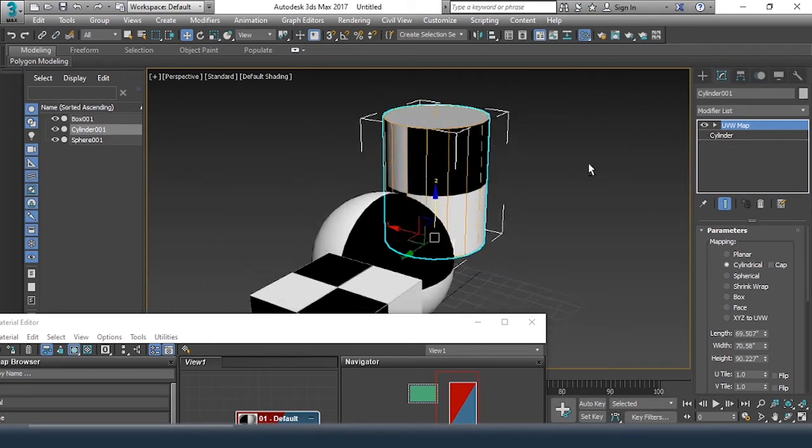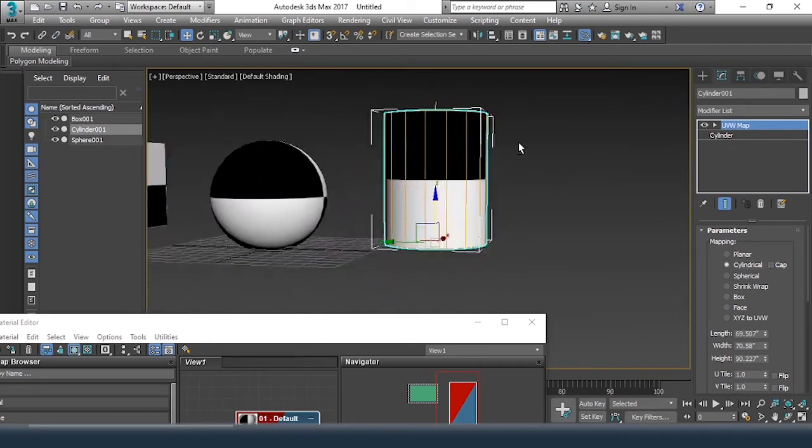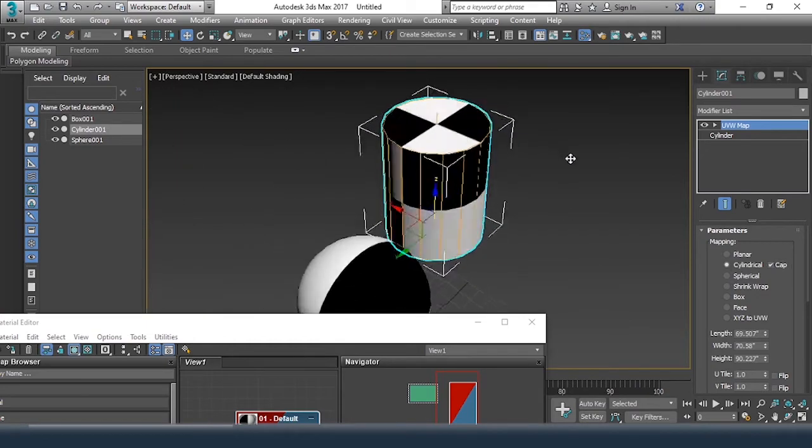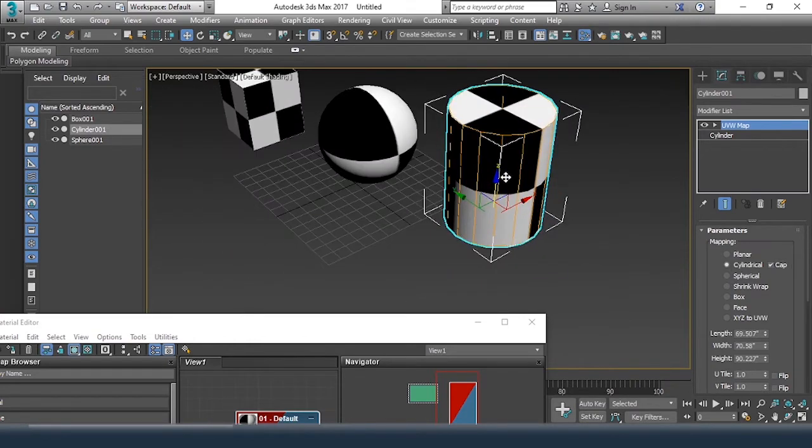So I can see on the side it is applied perfectly. There is no cap, so I'll just click on cap now. Now you can see on the cap also it is applied perfectly. Now if this is an object and I take spherical, see how the things will change.